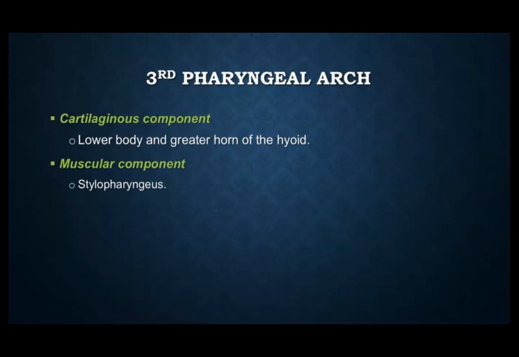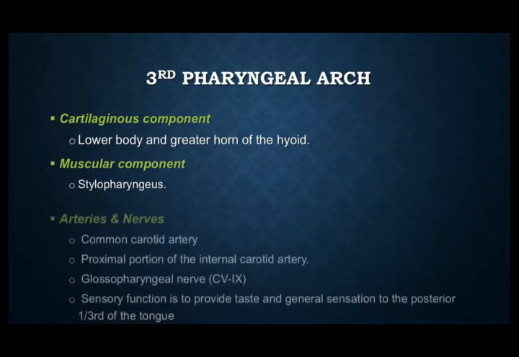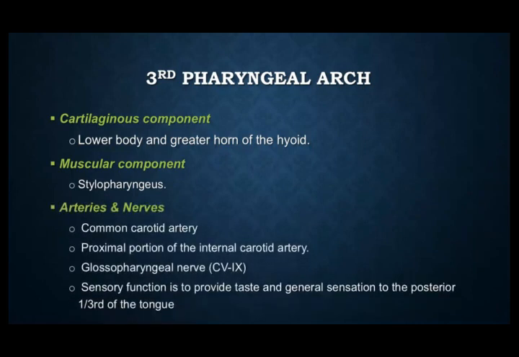Regarding the hyoid bone, we studied that it consists of a lower body, greater horn, upper body and the lower horns. Two of the other components are formed by the second pharyngeal arch. These are the two components of the hyoid bone that develop from the third pharyngeal arch. And then we have the muscular component, the stylopharyngeus muscle, that arises from the